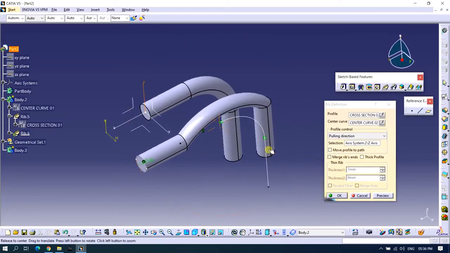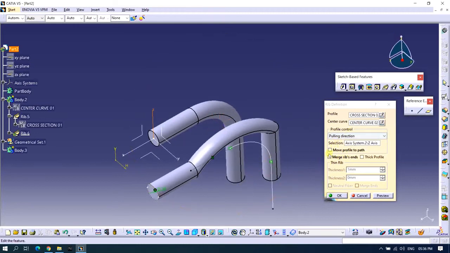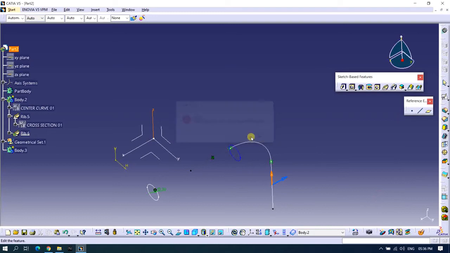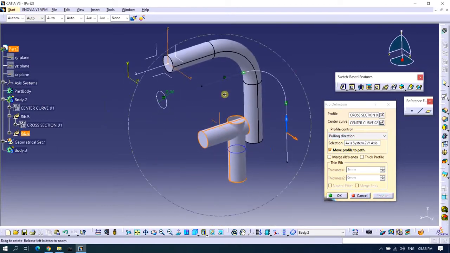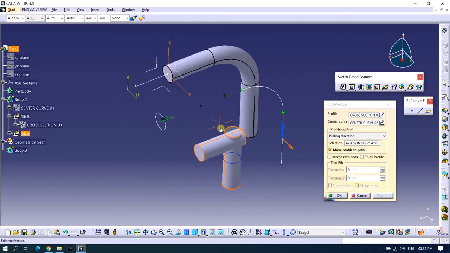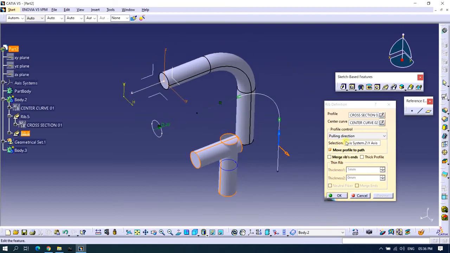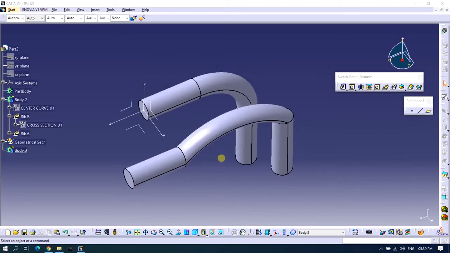So it is not giving any result. You can see here it is giving us an error. Let's select some other axis. You can see we are getting some unpredictable results. So what I want to conclude is the next tip.